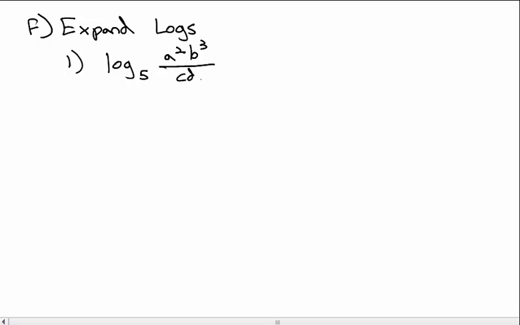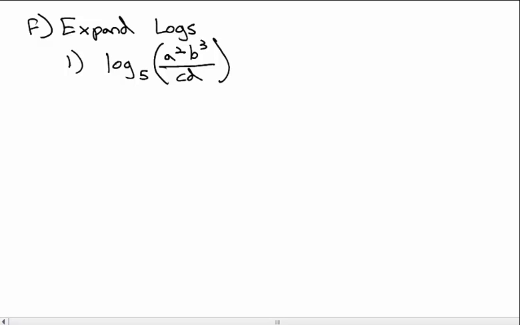We can go the other way too. We can expand logs and write them out as many, many, many logs. In fact, in actual application, this is the way that you prefer to go usually. And I'll show you some examples of this, where we take one log and we stretch it out into many logs that are easier to work with, or that we know stuff about. So for example, if we have log base 5 of a squared b cubed over cd,